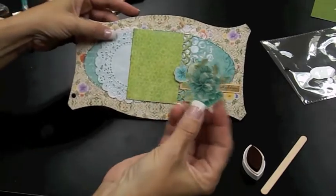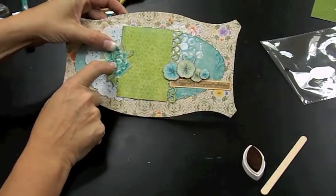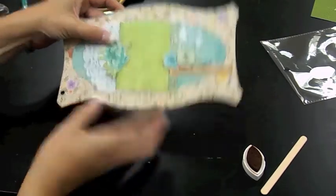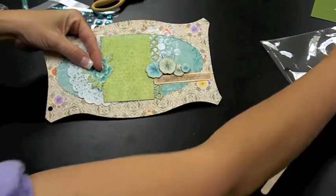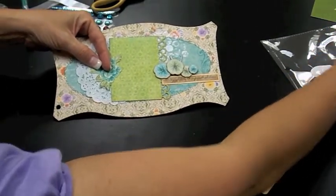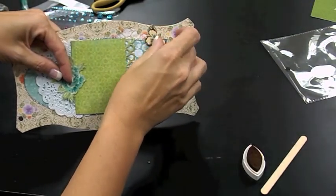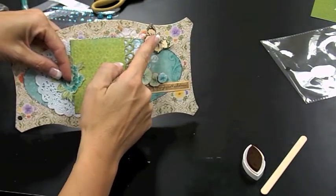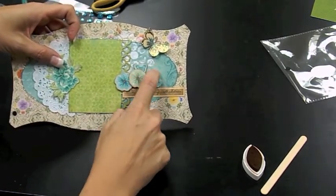Okay, then you have this cute rose that we've cut out. We're going to place that there. I am going to put foam squares under there, but I forgot to bring them to my table, so I've got to go grab some. And then our last butterfly, I almost glued it with paint. It's going to go right up here. And then I'm going to put that on with foam squares, and then we're going to put all kinds of